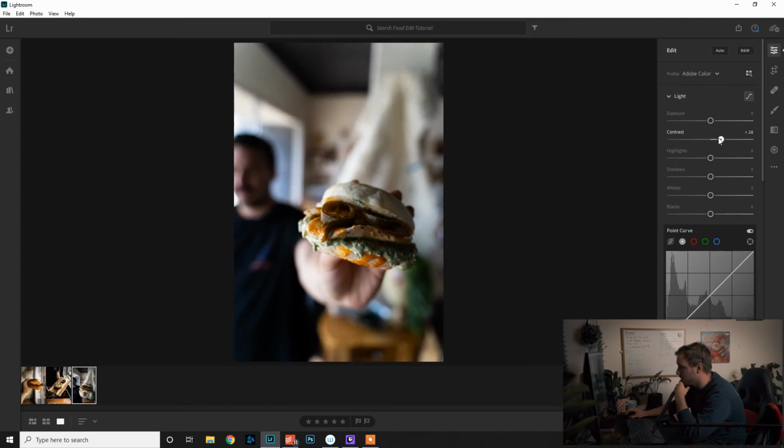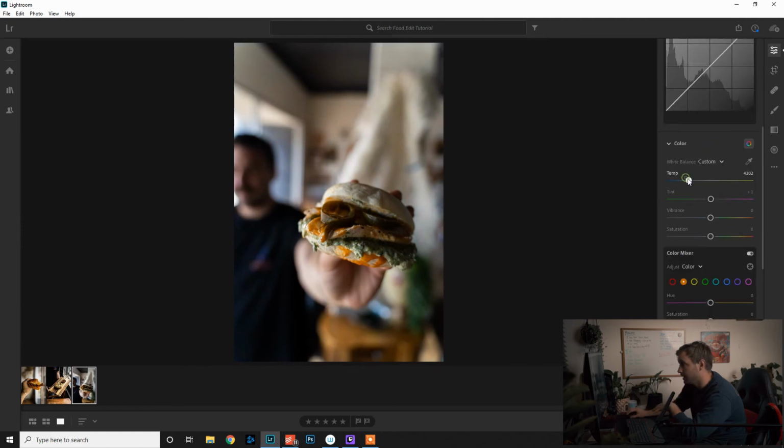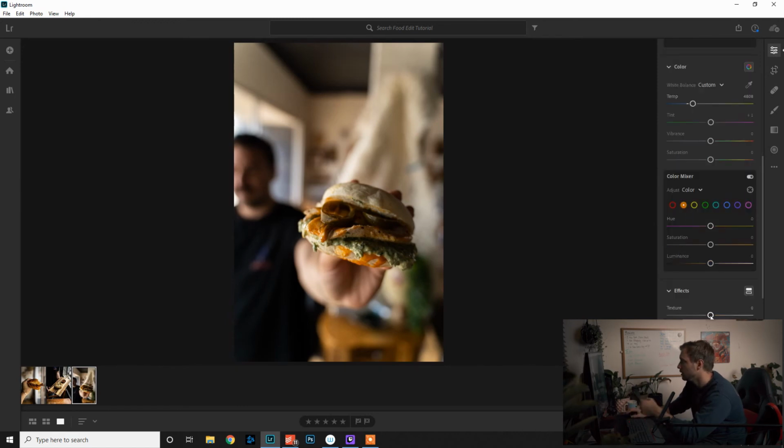One thing it definitely needs is a lot more contrast. I'd probably take out the highlights a little bit just because I want to dull this background a little bit. And again, adding that color back in, that orange, but this is for the client, so that is a taste thing, that is up to you. And we're gonna go play with our texture,